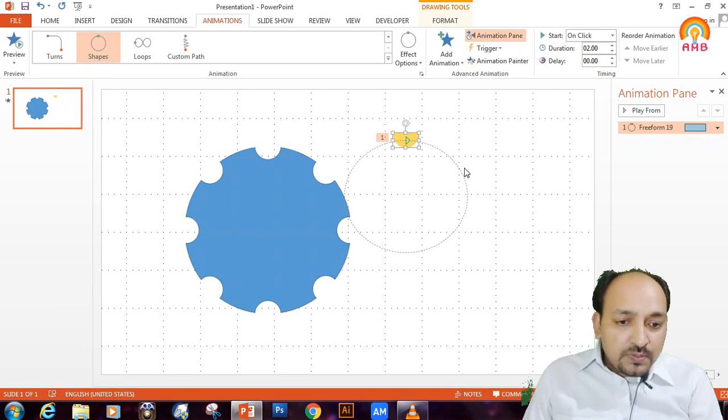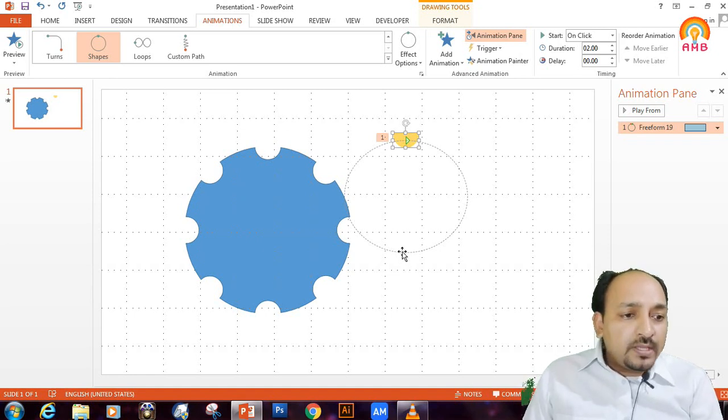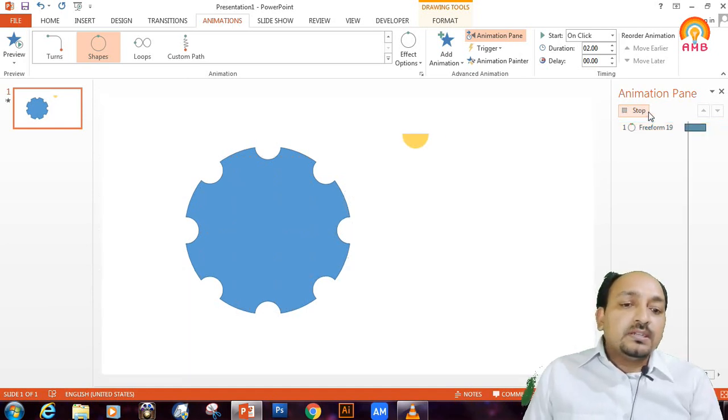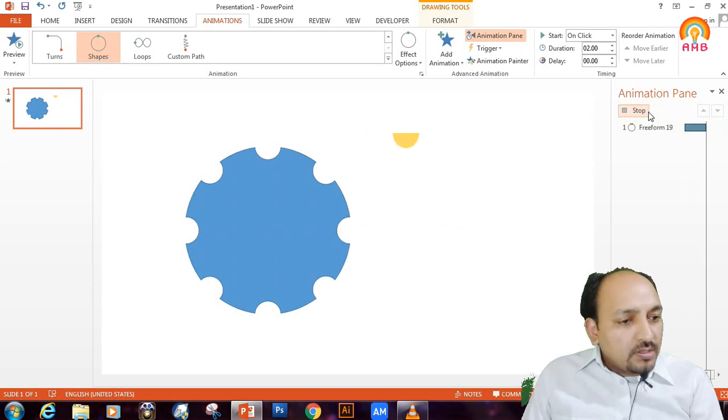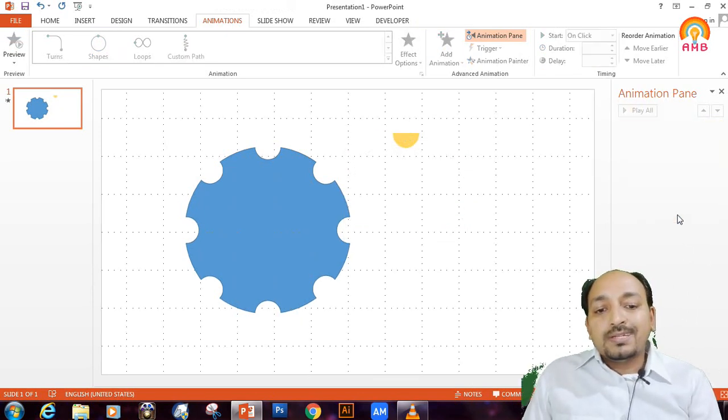When it comes to the opposite position, it becomes downward, but in this motion path effect that is not possible, it is not changing the direction. So what to do? Again I am removing this effect because I don't want it.